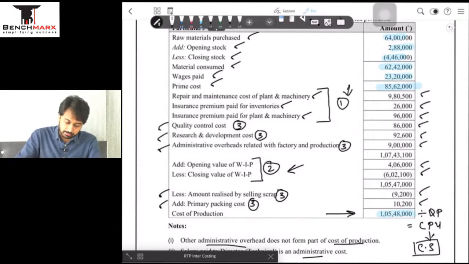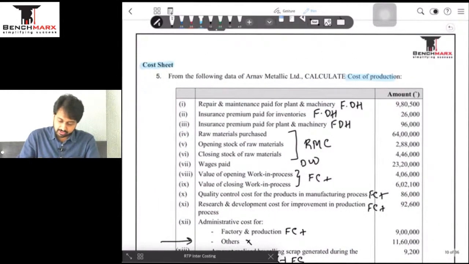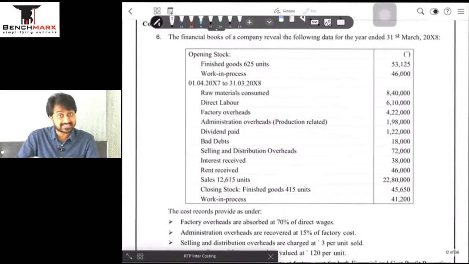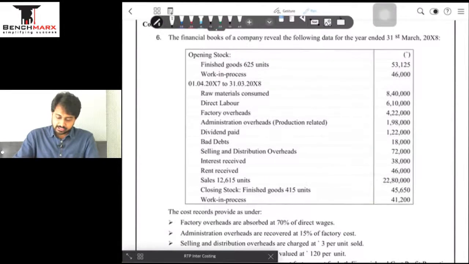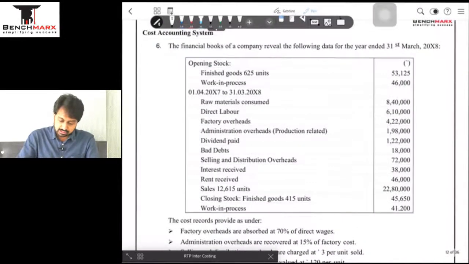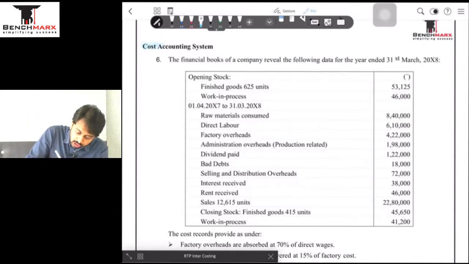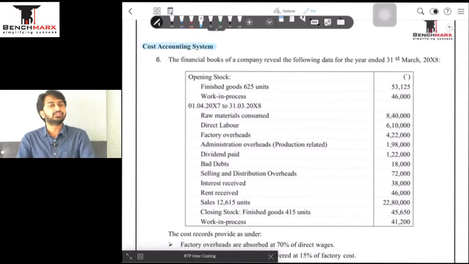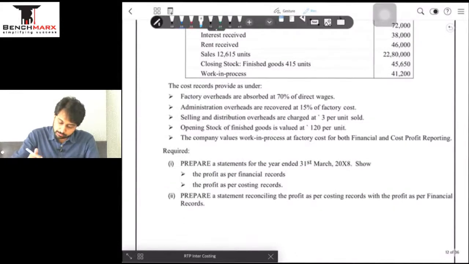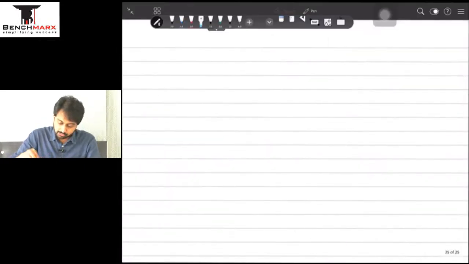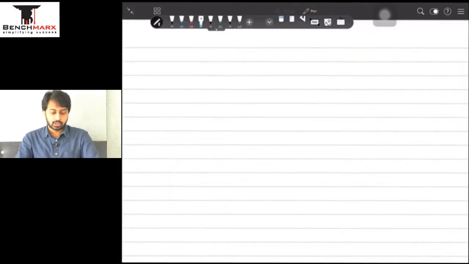Okay, so question number 5 is done. We will now move towards question number 6. Okay, let's start. Question number 5 was pretty simple, and now we'll move to question number 6, and I can see that question number 6 is based on the concept of cost accounting system. In this we have the integral system of accounting and non-integral system, and within this also we are going to touch the concept of reconciliation. A pretty important concept and a confusing one for those who have not done a BRS in the foundation conceptually, because here also we are going to reconcile the profits.